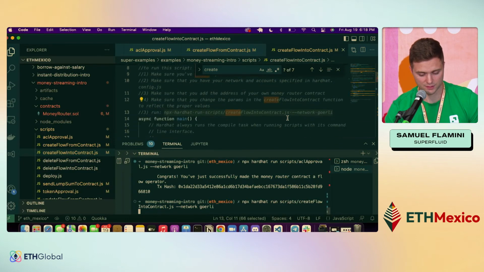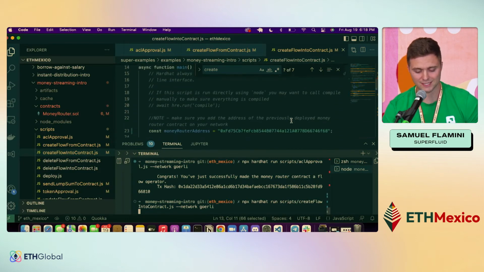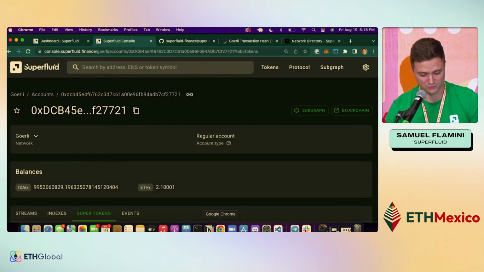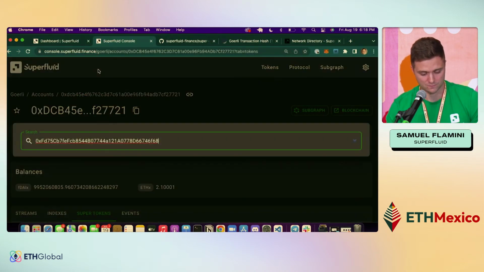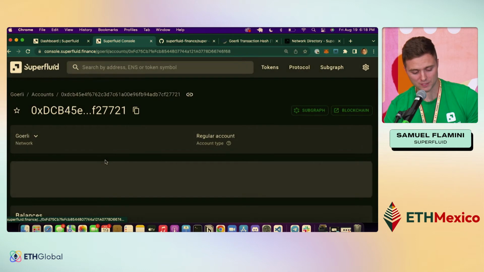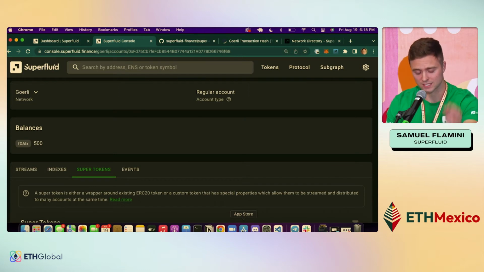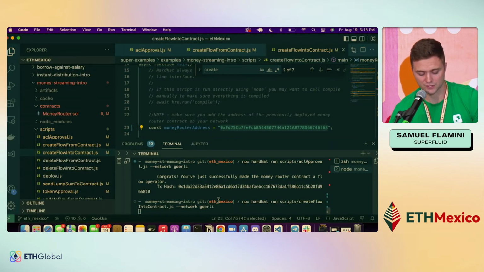So the second this loads, we'll be able to see money being sent in real time into the contract. All right, so this is the contract itself. See, there we go. It's popped up on Goerli. We can see it has a balance of 500 tokens, right? So we've been able to send that lump sum amount. So it's sitting on 500 tokens. And then the moment this one actually finishes, we'll be able to see that money being sent in real time.